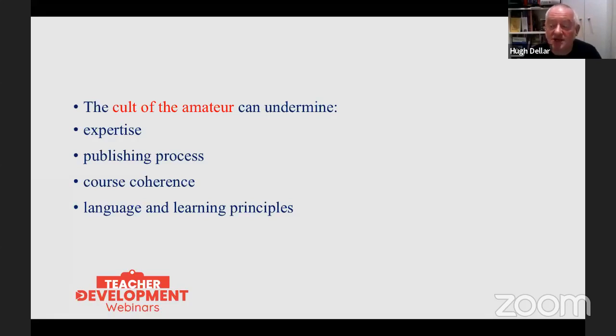There's no other teachers trialing the material. You know, there's no process. There's no publishing going on here. There's no course coherence or links from lesson to lesson. And as a result, all of this, I think, sacrifices language principles and learning principles for commercial principles, basically, in this particular instance. And I think we need to be careful about this.